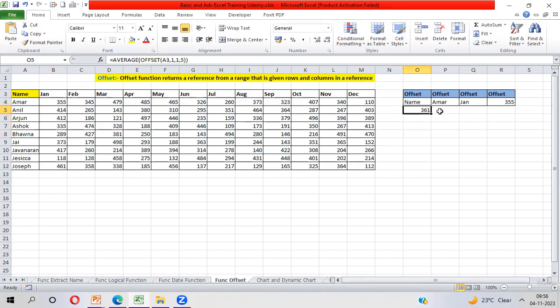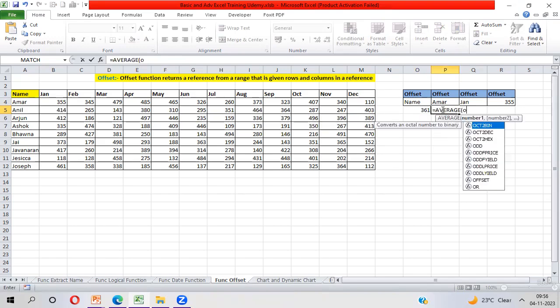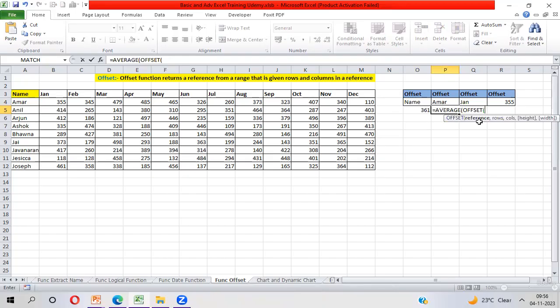Now I'm taking another example. Here I will take the AVERAGE function, then the OFFSET function. In this example, I will make a range. I'm taking the reference of A3, comma, one row movement, one column movement. Now your cell reference is B4. These three parameters create only a single cell reference, which is B4. Now I'm taking 5 row movement, which is 1, 2, 3, 4, 5, including this value, you have to count.